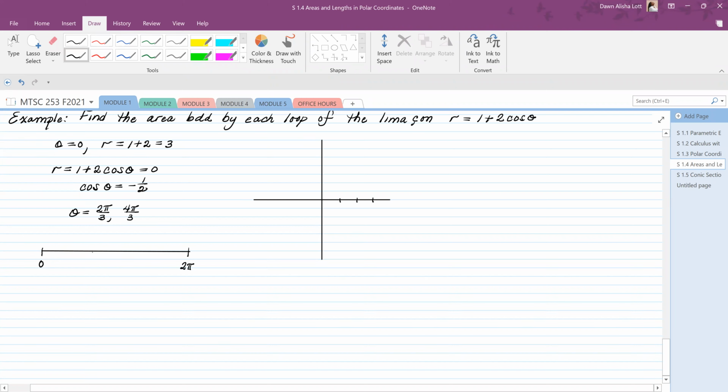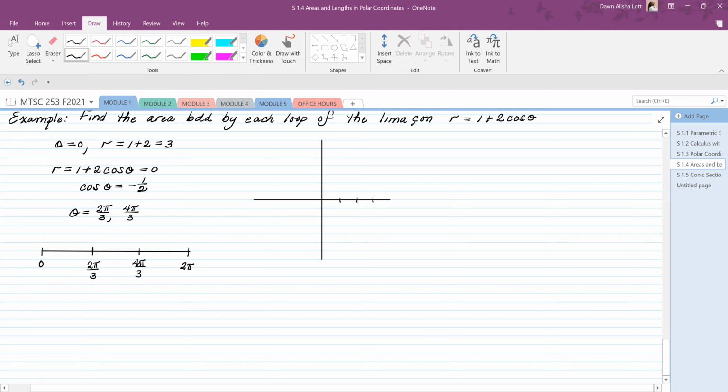And at 2 pi over 3 and 4 pi over 3, in those exact places, the radius is exactly equal to 0. Okay, so that means it's crossing over the origin at those points. But another thing that I can find out from this is that if I put in a theta